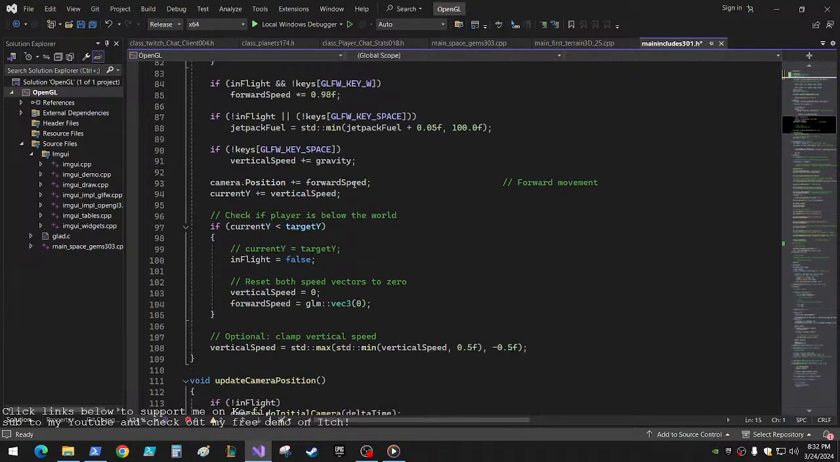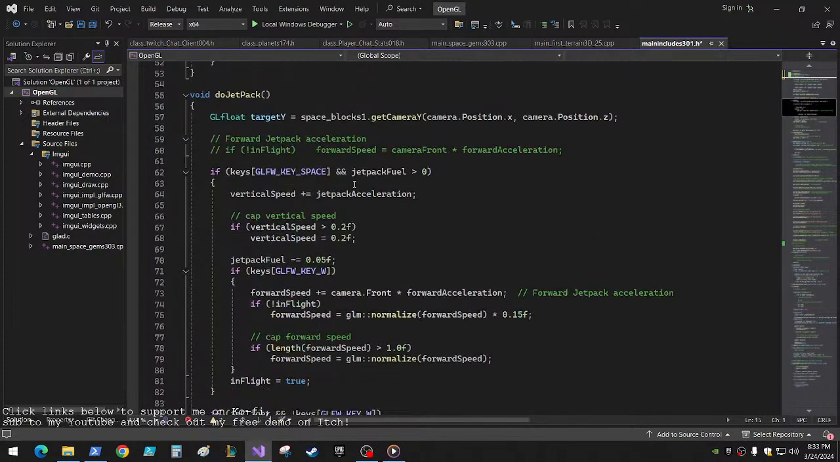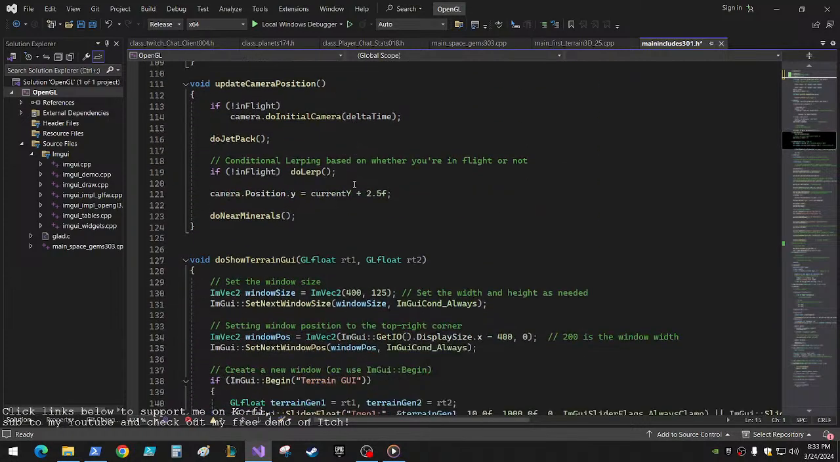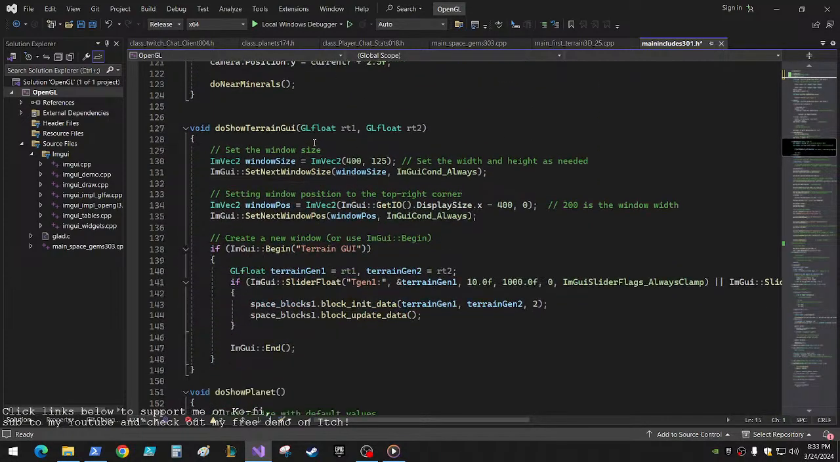This one isn't up there. I don't even declare it, I just threw the function in there. That's fine though. Okay, do show terrain GUI. Okay, this one uses terrain gen 1 and 2. No, it doesn't, just uses R2. Okay, so